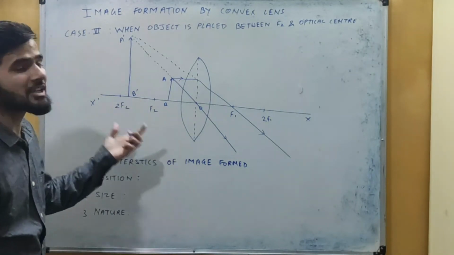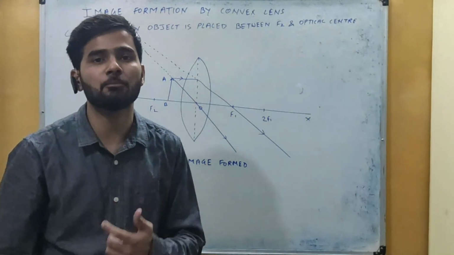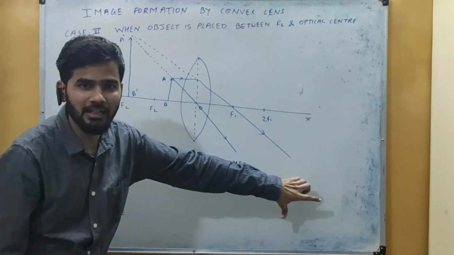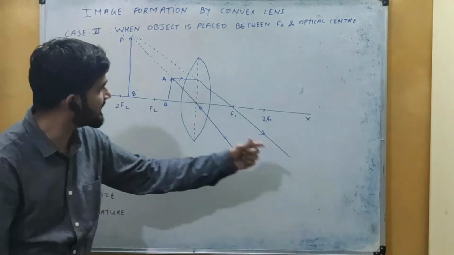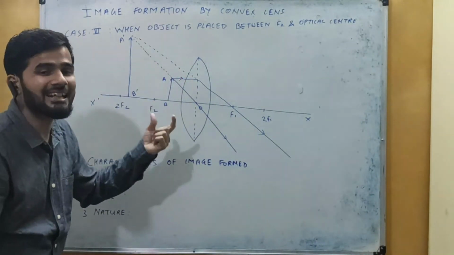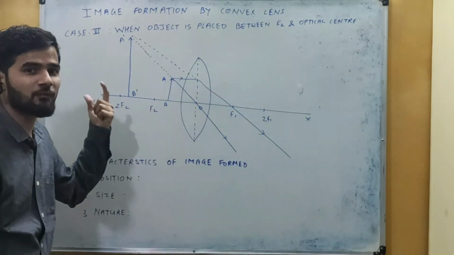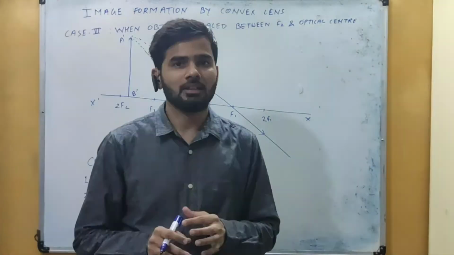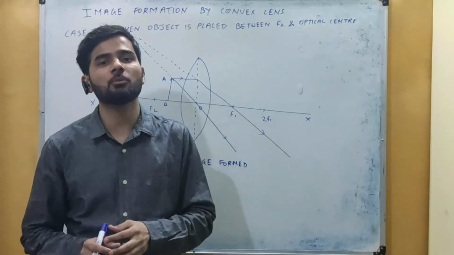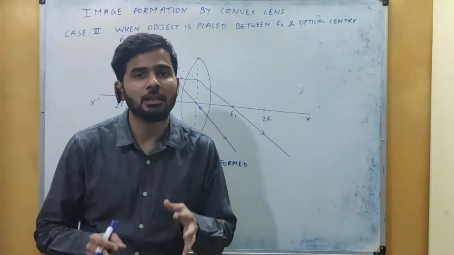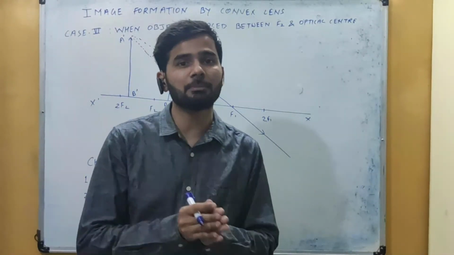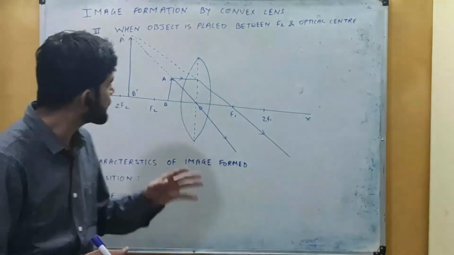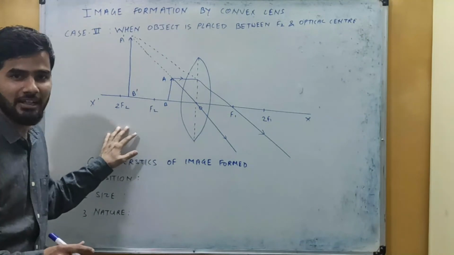Okay, so it's a special case and very important from exam point of view. क्योंकि यहाँ पर क्या है, the light rays they are not actually meeting at a point after refraction. It appears that the light rays are meeting at a point after refraction. मतलब यहाँ पर जो case है, it's a virtual case. It is the same case as that of concave mirror where the object was placed between the pole and the principal focus. जहाँ पर जो image हमारे पास बनती थी, वो virtual image बनती थी. तो यहाँ पर भी virtual image ही बन रही है हमारे पास.